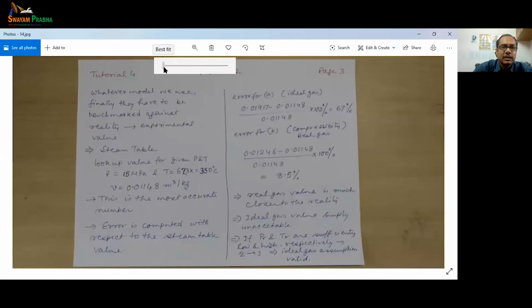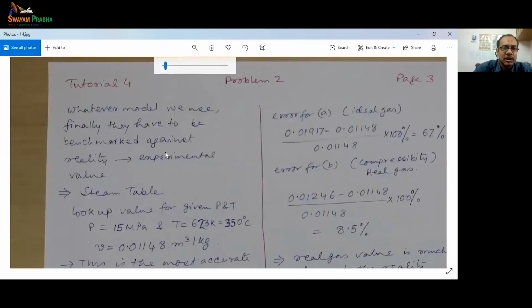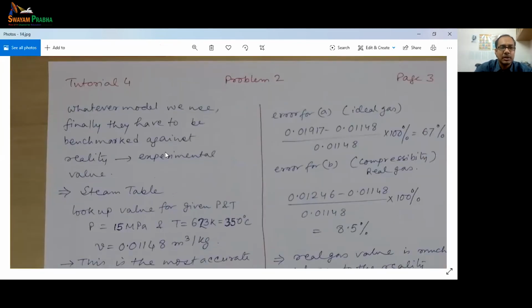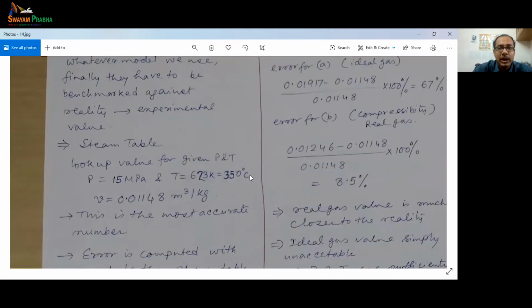What does it tell? The third portion tells us to use the steam table. Whatever model we use, the ideal gas or the real gas models, finally all of them have to be benchmarked against the reality. What is the reality? What is the experimental value? That's the reality. So experimental values are actually listed in the steam table. So whenever we are using the steam table, we can assume that that's the benchmark we are calibrating all our other